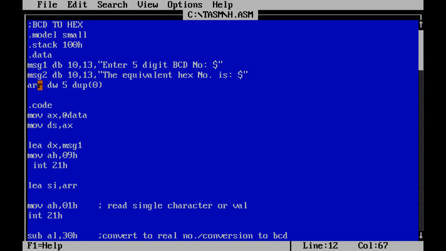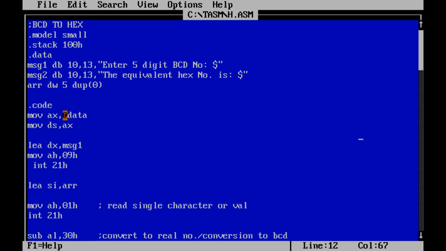Given input here. Again, we have to declare the array of these 5 numbers here. We have to declare the 5-bit BCD number here. Again, here we have to initialize the .code segment, initialize the data and move this particular. Here we use AX, CX, DX, as we are in 80386 programming here.